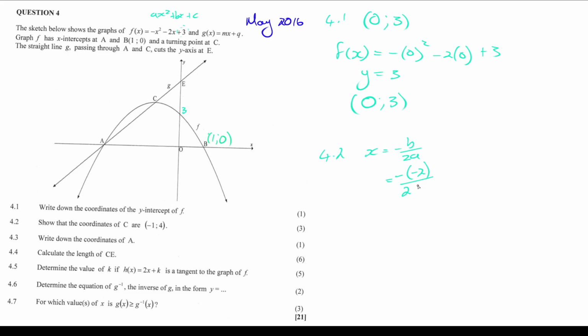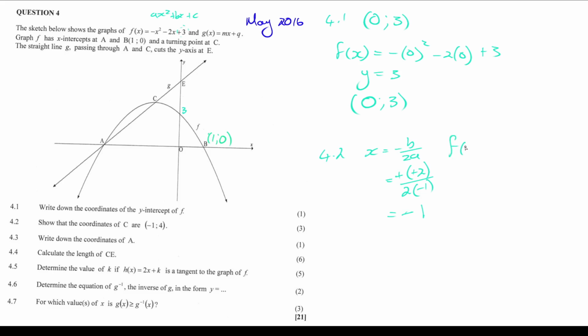And 2 times a being -1. So negative times a negative gives me a positive, and then I have one extra negative, so that's going to be a minus, and then we have 2 divided by 2 is 1. So x equals -1,